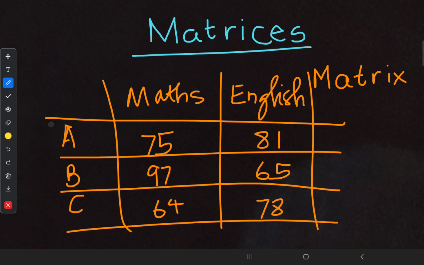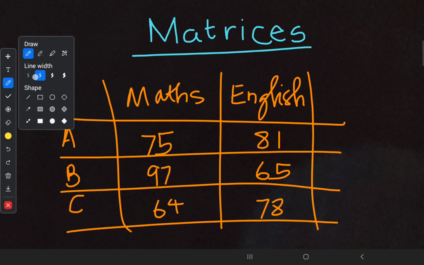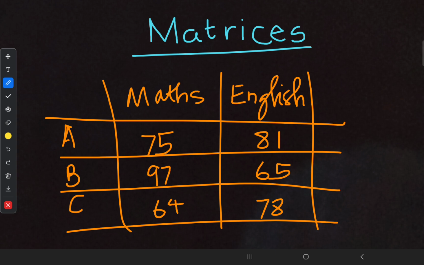This given data set is a kind of representation of data. We know about pie charts, histograms, and frequency polygons. We studied those earlier. Likewise, a matrix is also a kind of representation of a given data set. I can indicate the given data set as a matrix, but before that you have to know